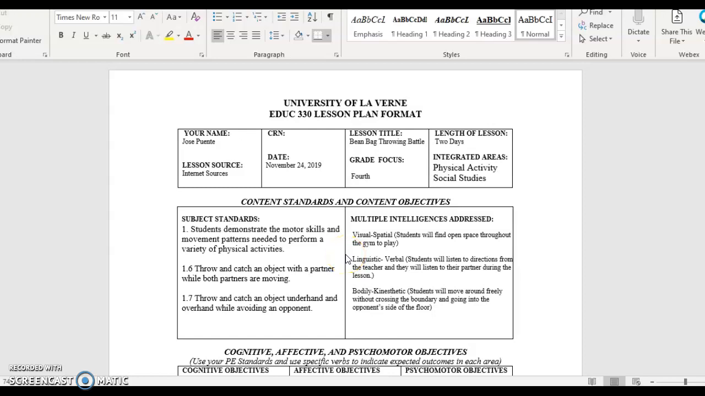Hi everyone. The individual lesson plan that I will be doing is a beanbag throwing battle. The focus grade is 4th grade. The length of the lesson will be 2 days because I'm going to focus on social studies as well as